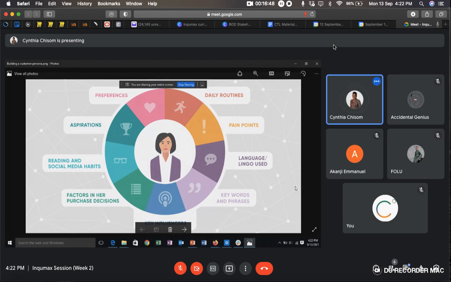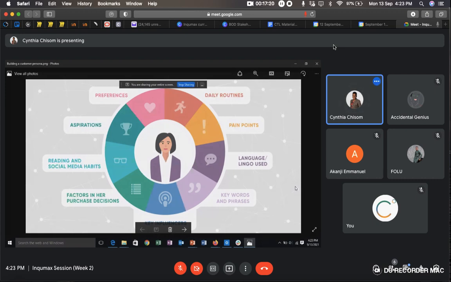So for a customer persona, you're looking at the daily routines, you're looking at their pain points, you're looking at the language. That person might be creating a product for multiple countries, right? You're looking at keywords and phrases that they might even share. You just notice that every single person you're interacting with in a particular category keeps saying, I have a problem with suppliers, or I have a problem with this, or they keep saying, oh, I go to this place to get this, and everybody keeps saying that they go to a particular location to get it.